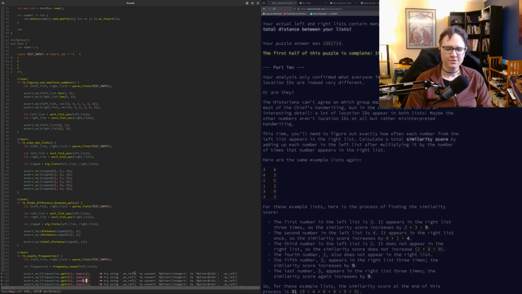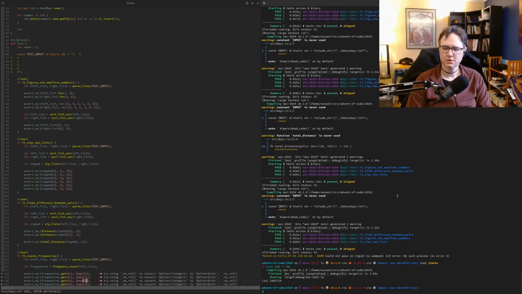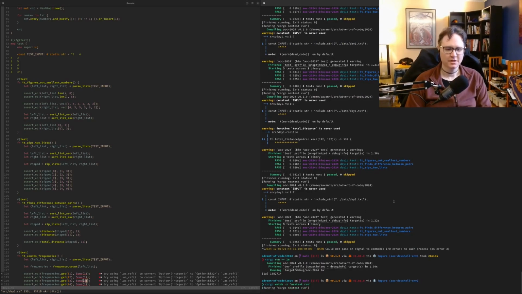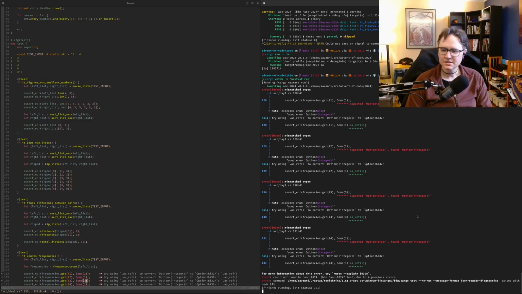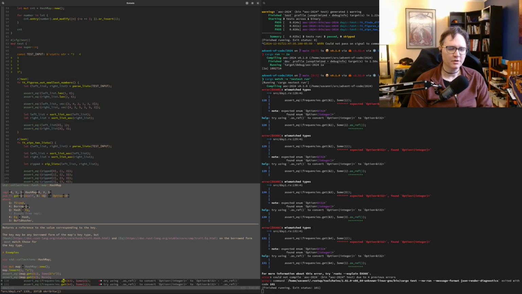Try using as_ref to convert option integer to option. I'm not sure what it's telling me. So frequencies.get is going to return an... oh. Okay.